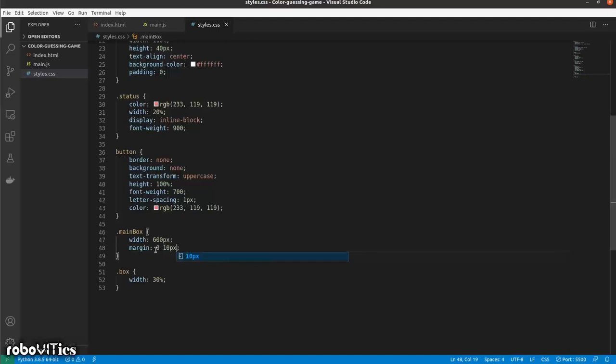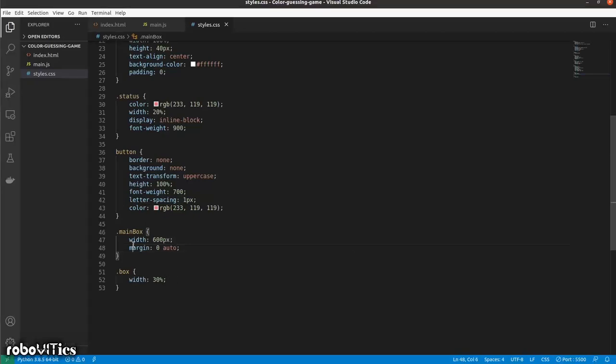So this would mean that 0 pixels margin from top and bottom and 10 pixels margin from left and right. So over here when I give the value auto, that means that I want it to be aligned in the center, or more like that I want the spacing of left and right margins to be the same. So that way it comes in the center, and that's what we want.